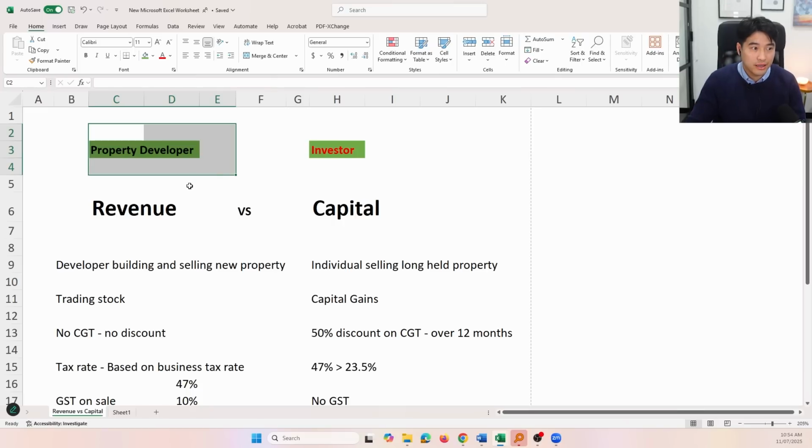There is a timing and also consistency of your work. If you keep knocking down and rebuilding, it does make it a bit suspicious for the ATO. There are some people who think that they can just keep knocking down, rebuilding, moving into it, and then selling it. But it's not easy to knock down, rebuild, move in, and sell every time, because that disrupts your life a lot as well.